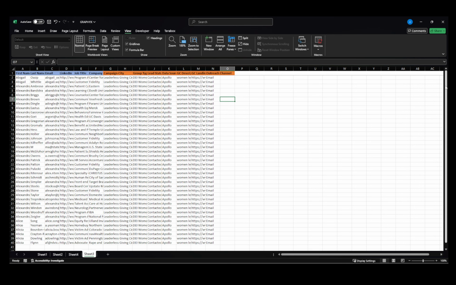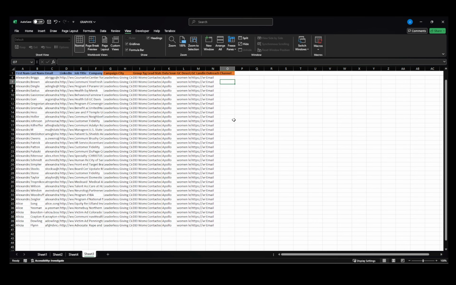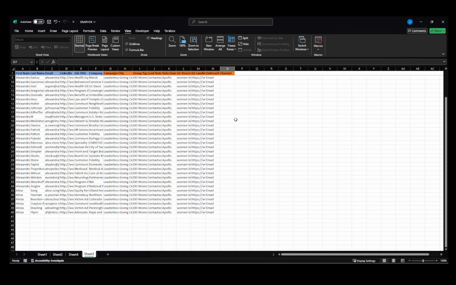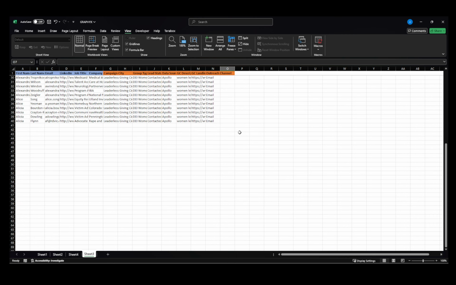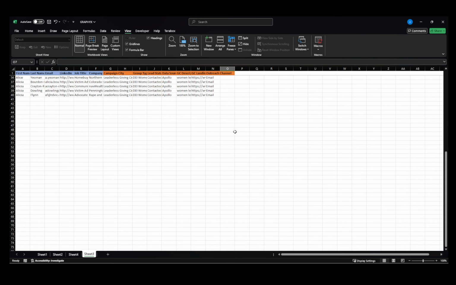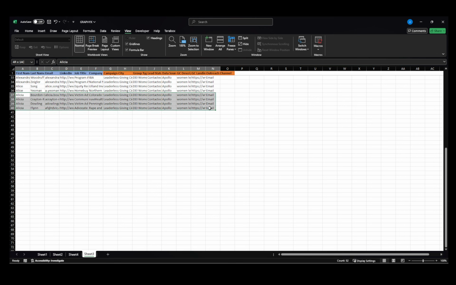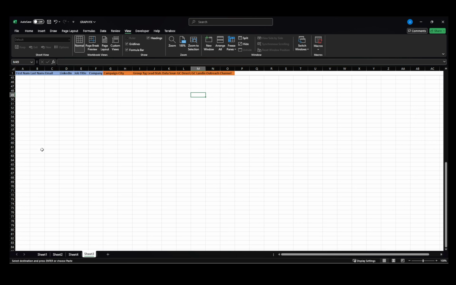Now, as you scroll down through your spreadsheet, you'll see that this top row with your headers remains visible at the top of the window, giving you continuous access to your titles and labels. This feature allows you to easily correlate the data in each column without losing sight of what each piece of information represents. It's especially handy if you're working on large data sets and need to maintain clarity as you analyze